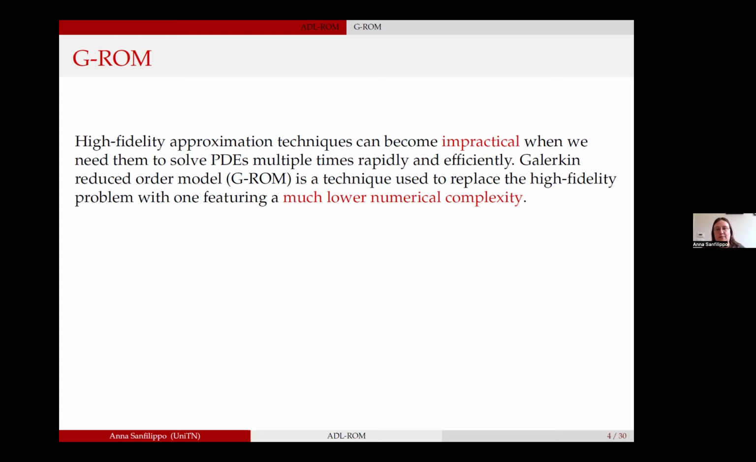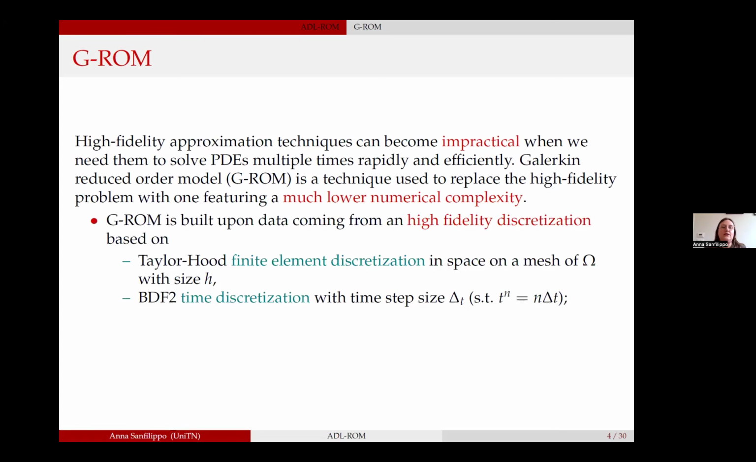So we started by using G-ROM. And G-ROM, in our case, is built upon data coming from a high fidelity discretization. So we solve once the finite element problem. And in this case, we chose to use Taylor-Hood finite element discretization in space. And Taylor-Hood is the classical couple of finite element used to solve Navier-Stokes, but there are other options that can